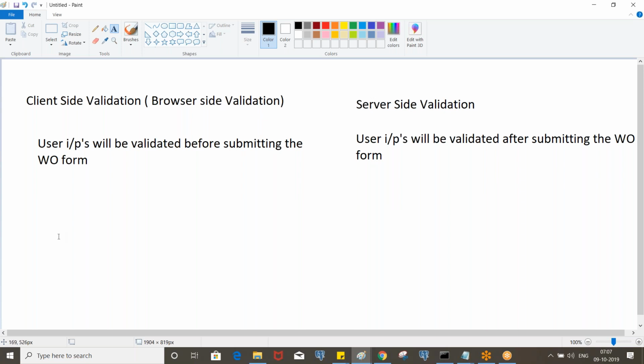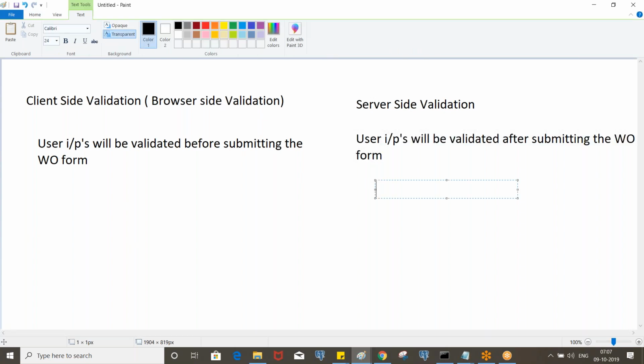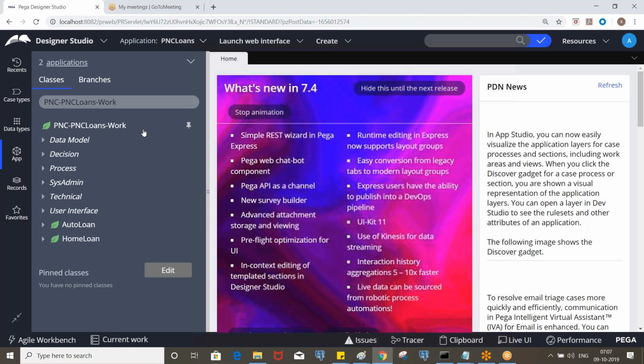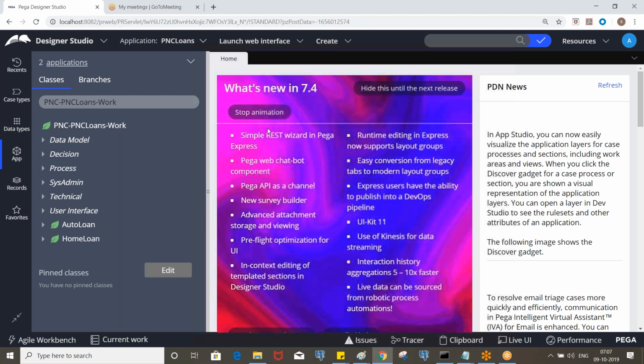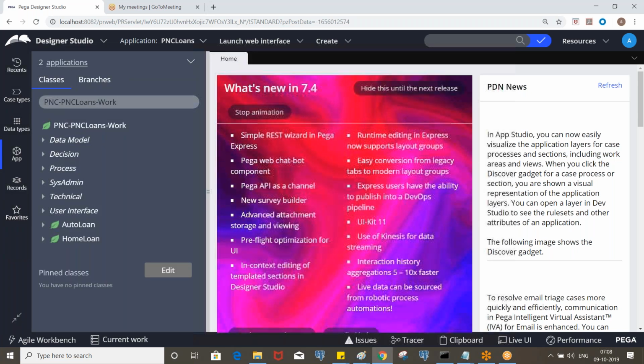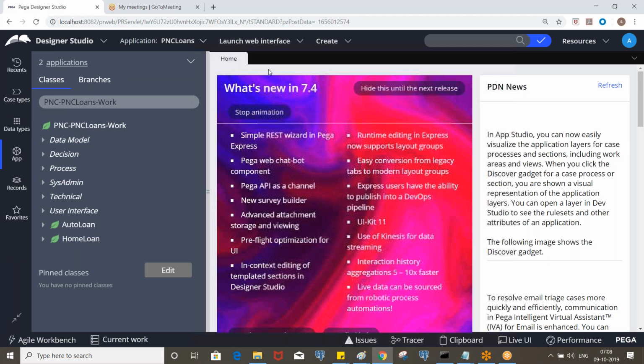So now here we have a rule called edit validate, which we use for client side validation. And here we have a rule called obj validate. So obj validate is for server side and edit validate is for client side. Okay. So we have many out of the box edit validate rules available, and in most of the cases we use them, and sometimes we have to customize those rules in order to meet the client requirement. Okay.